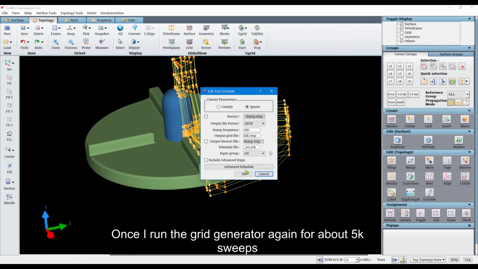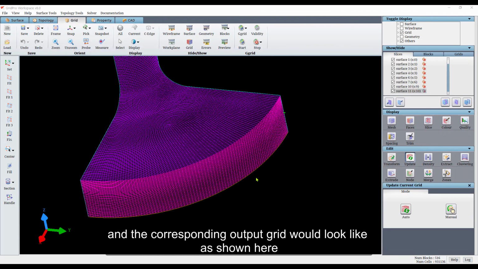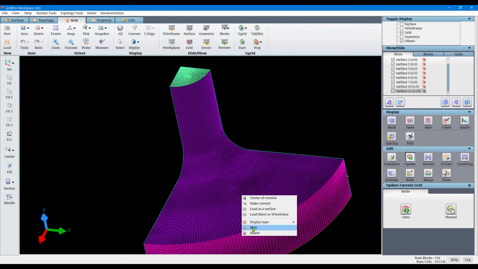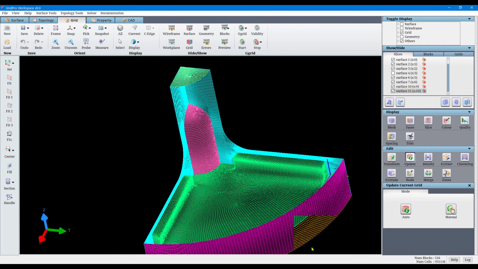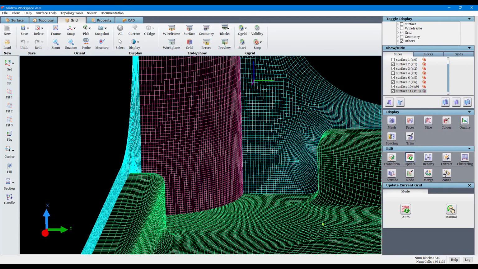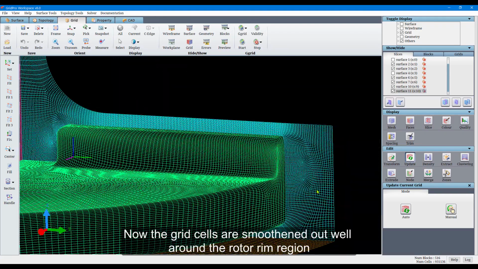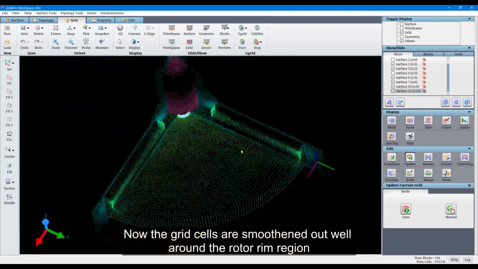Once I run the grid generator again for about 5000 sweeps, the corresponding output grid would look like as shown here. Now the grid cells are smoothened out well around the rotor rim region.